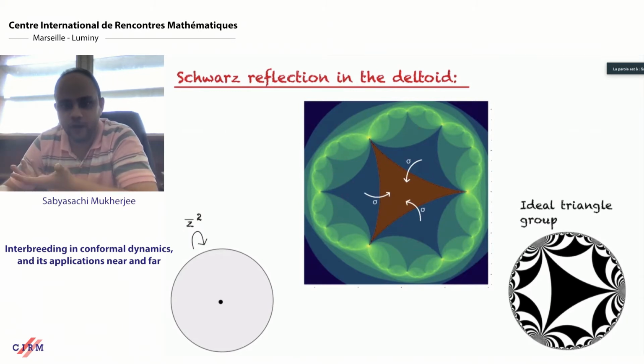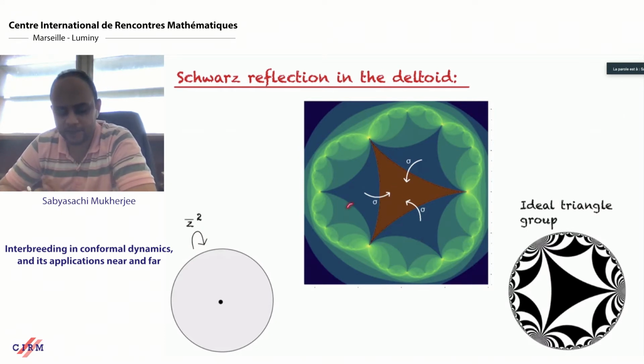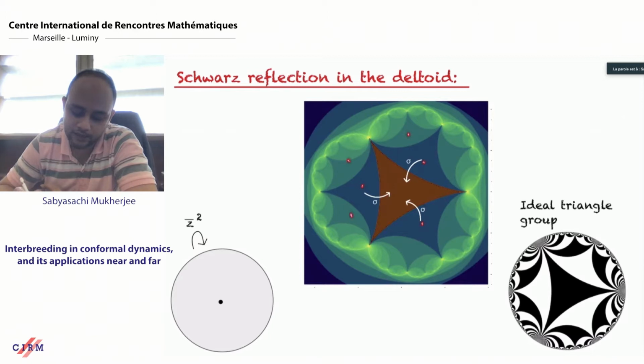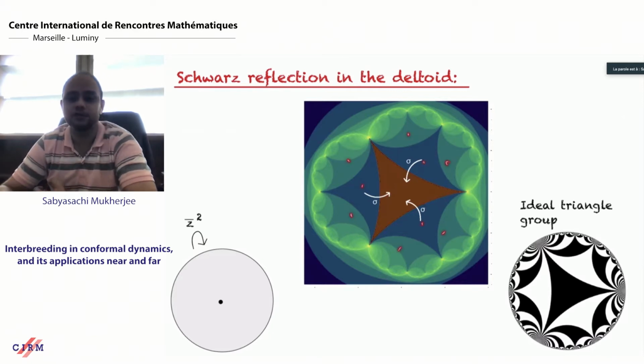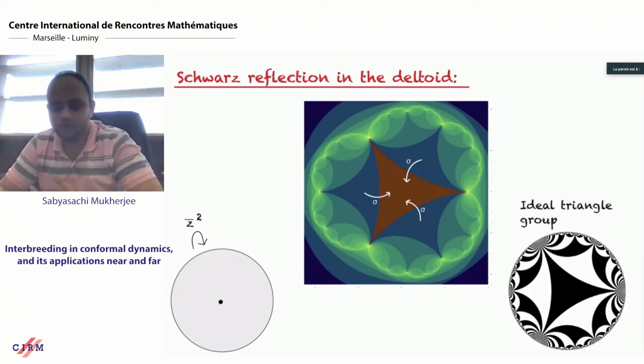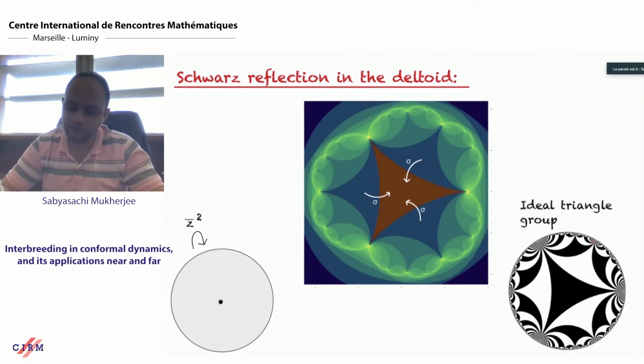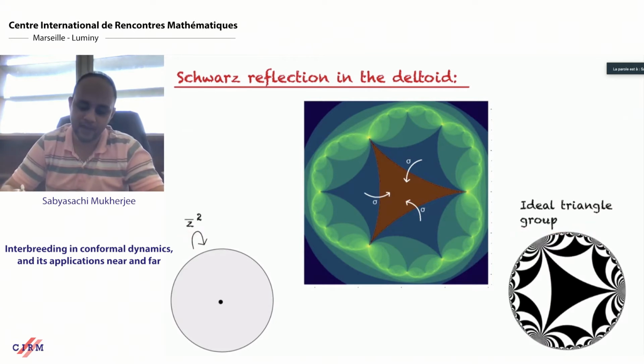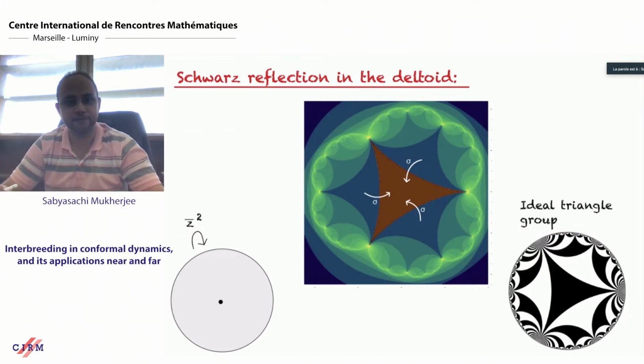I mean, point-wise, it's clear. Every point is eventually escaping there. But the tessellation picture that you get by pulling back the fundamental tile, so you get these rank 1 tiles and then rank 2 tiles and so on, this picture looks, up to a conformal change of coordinate, exactly like the tessellation of the unit disk given by the ideal triangle group. So in this sense, you see features of reflection groups as well as polynomial dynamics in the same dynamical plane here.